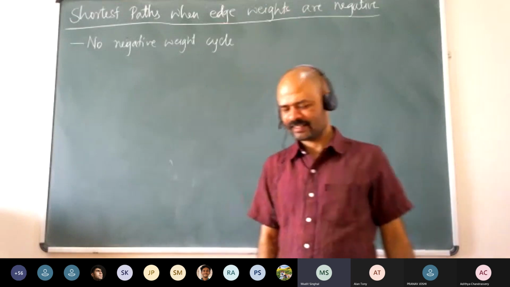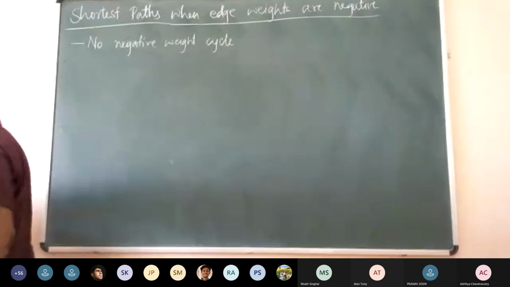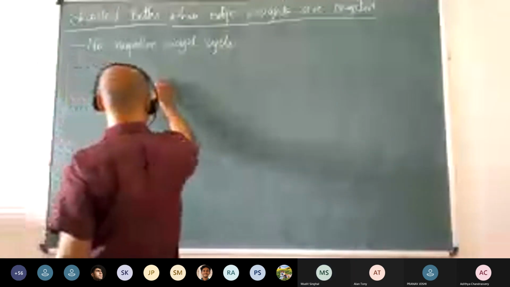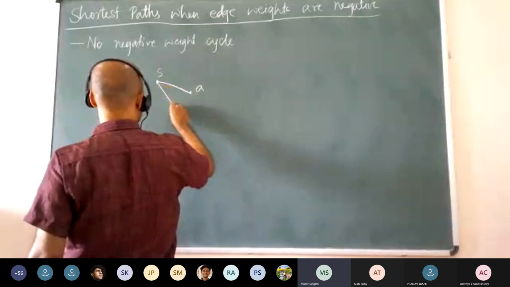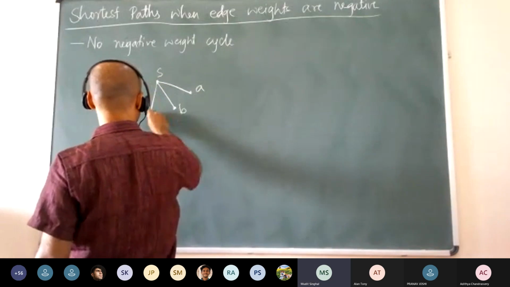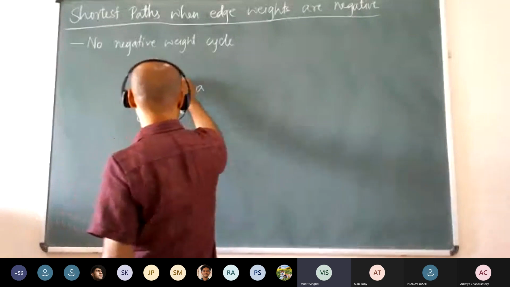Suppose like S to A, S to B, and S to C. Can you draw this graph? Yes, S to A. S to B. Yes, S to C. And the weights are, suppose, minus 10, 10, 20. Let us